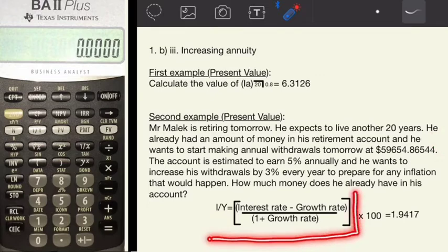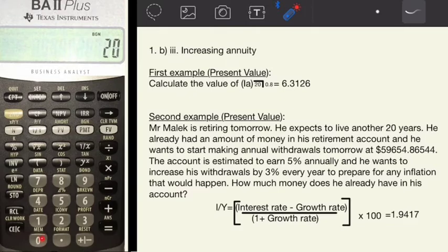We have to find the interest using this formula. The interest rate is 0.05, growth rate is 0.03. We plug into the formula and we get interest equal to 1.9417. We need to make sure that our calculator is in the begin mode. Then we can press 20 and our IY is 1.9417 and